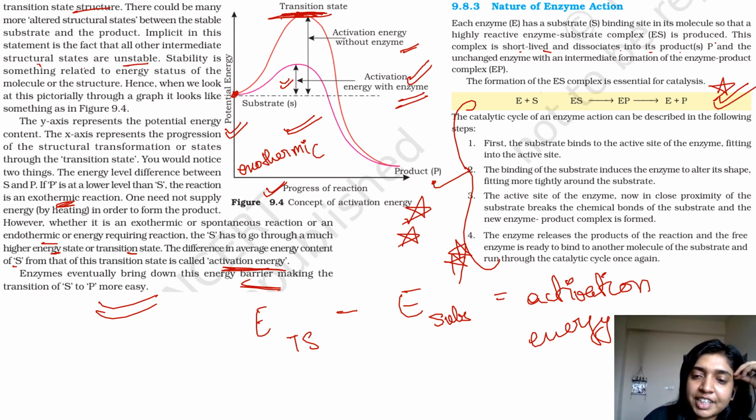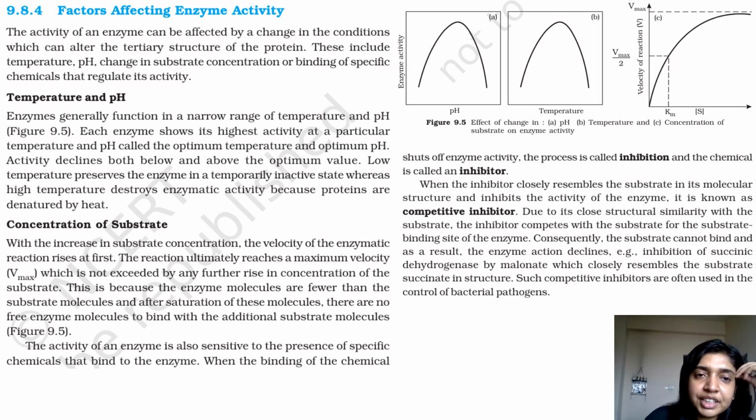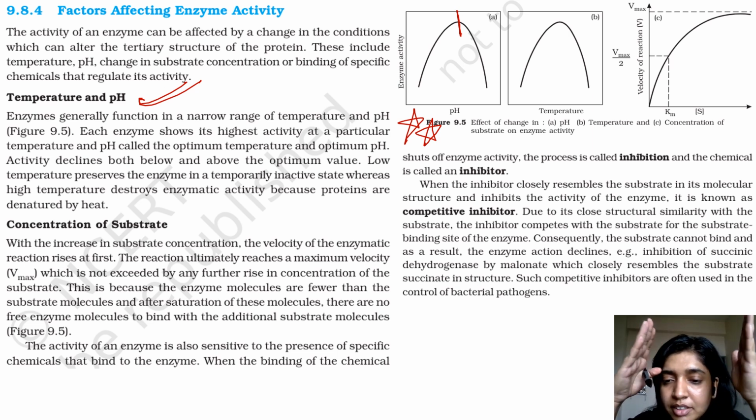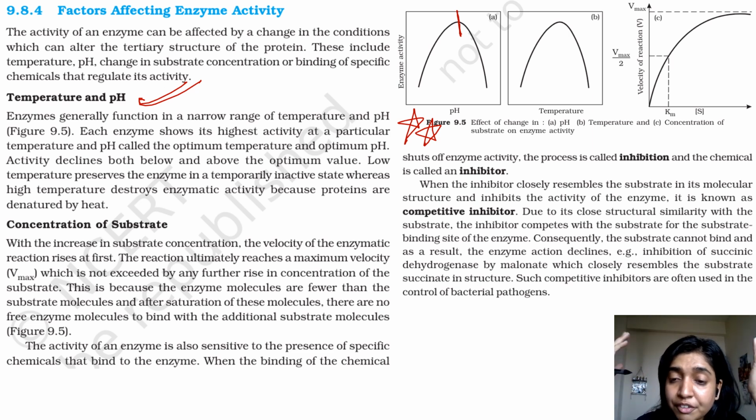All right, let's move ahead. So what are the factors affecting the enzyme activity? The activity of an enzyme can be affected by change in temperature and pH. So this is what is important. As you increase the pH till a certain point, the enzyme activity will increase, after which upon further changing the pH to either side, either making the pH acidic or basic, whatever you do, after a certain point